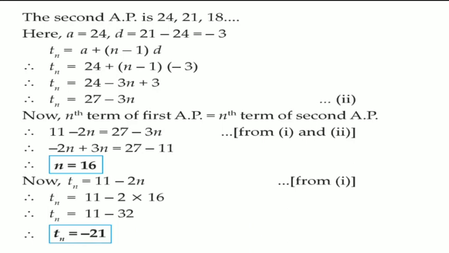And now we want to find out Tn. But please note that here we don't have to make use of our original formula of Tn, because Tn we have written in two different forms, first in equation 1 and next in equation 2. So you can use any one equation for Tn and you can get that nth term. For example, we will use the first equation. Tn is equal to 11 minus 2n. That is, Tn is equal to 11 minus 2 into 16, that is 11 minus 32, equal to minus 21. Okay, so this way we are going to solve this problem.